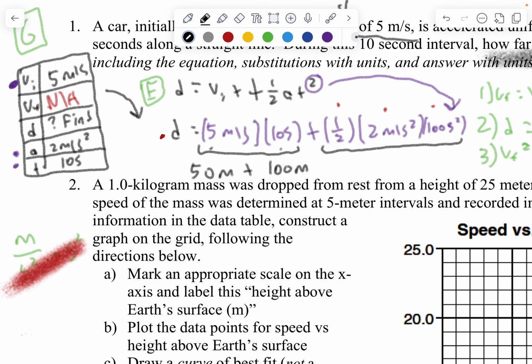And what is 50 meters plus 100 meters? Well, since they're in the same units, we can add. So that would be 150 meters for our displacement. Great. Now, before we move on to the next question, I just want to bring this into a lab that